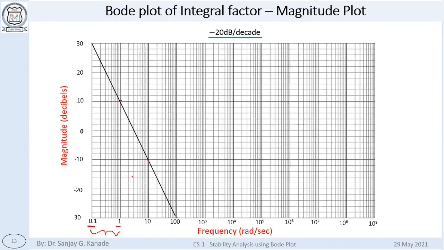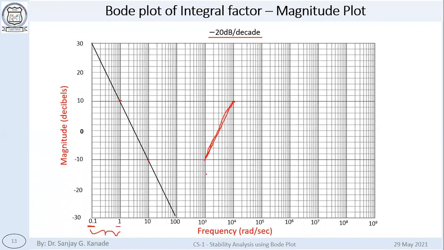Of course, you are going to see it in our next example, what I'm talking about, why we need to draw these lines. Let's say, for example, a line starts from here and I want to draw a 20 dB per decade positive slope line. So where should be the next point? How should the line be? Right? The next point should be here, if I am drawing a positive 20 dB per decade line. Okay, so this should be that straight line.